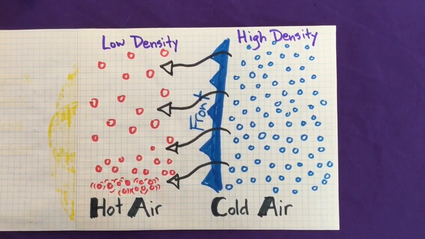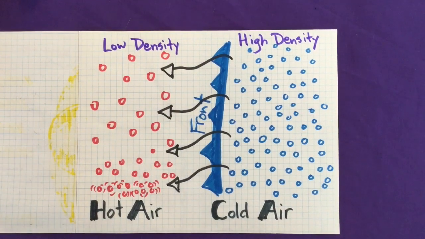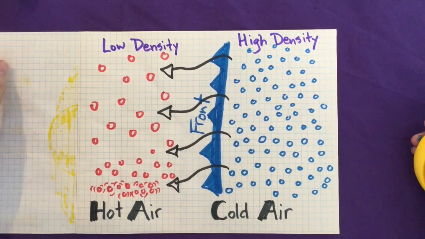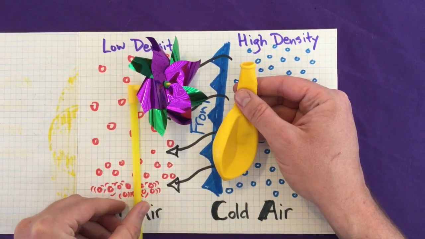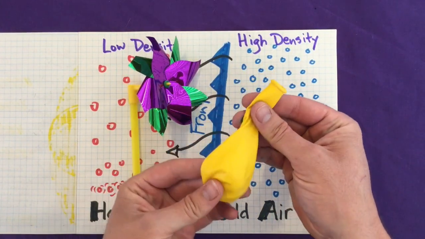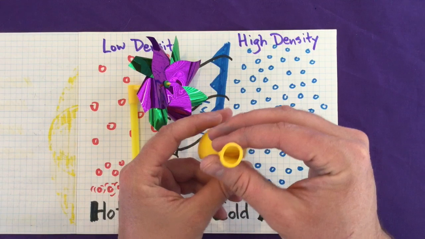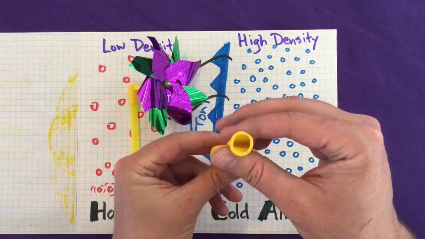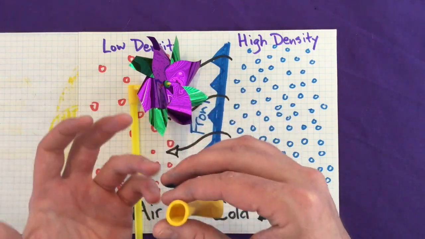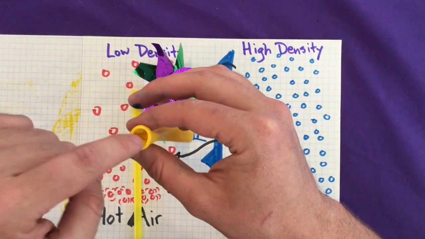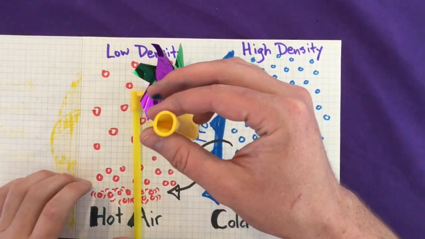Now, to further explore this concept of high density and low density, I'm going to need some really, really important scientific tools: a pinwheel and a balloon. So the balloon right now is not full, but there is air inside that balloon. That air is actually experiencing low density because it can flow in and out of the balloon. But if I fill the balloon up,